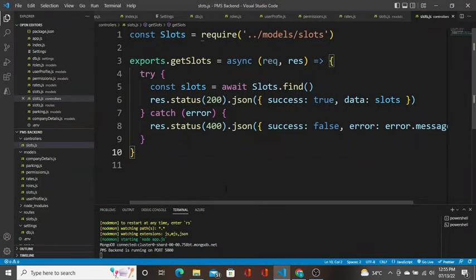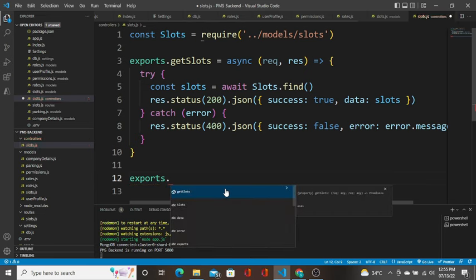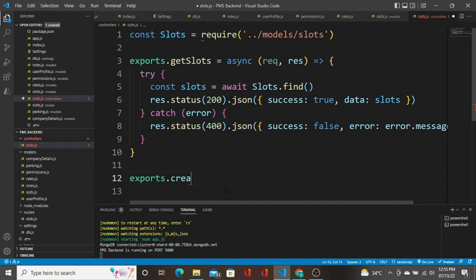So next one, creating a slot in the database, that is, creating a resource in MongoDB, right? How are we going to do it? Exports, let's name this function createSlot. Okay, so say createSlot